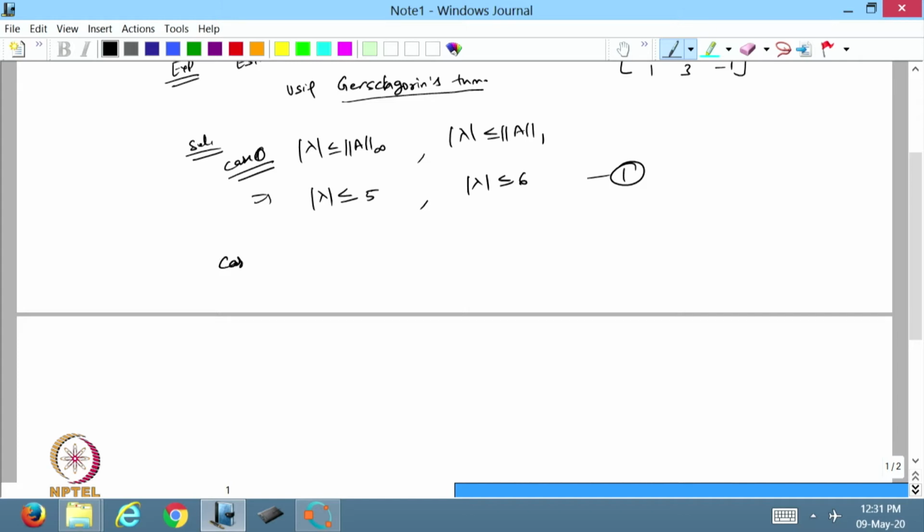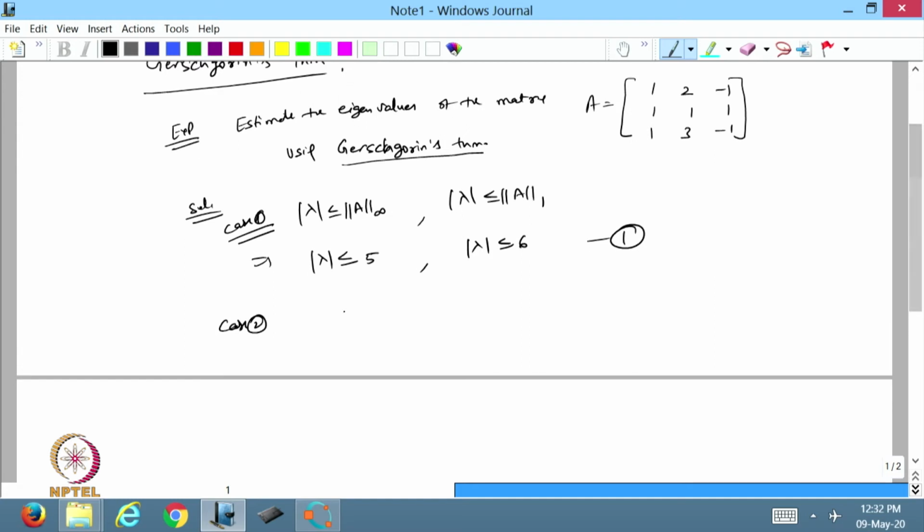Now if I take case 2, it will be lambda minus 1 less than or equal to the sum of the remaining elements. So 2 plus 1, 3. Lambda minus 1 is less than or equal to 2 and lambda plus 1 is less than or equal to 4. So that is the bound on the eigenvalues.